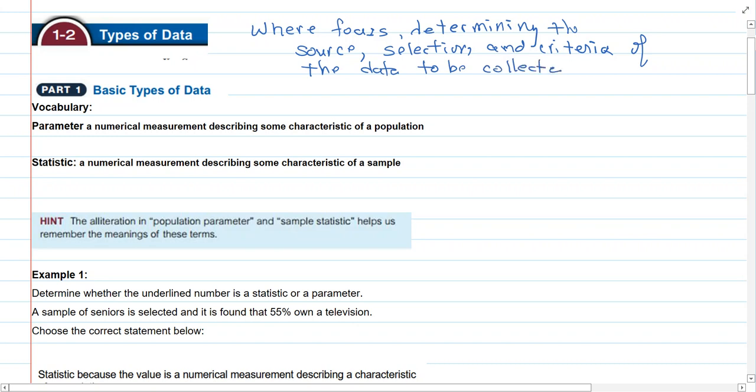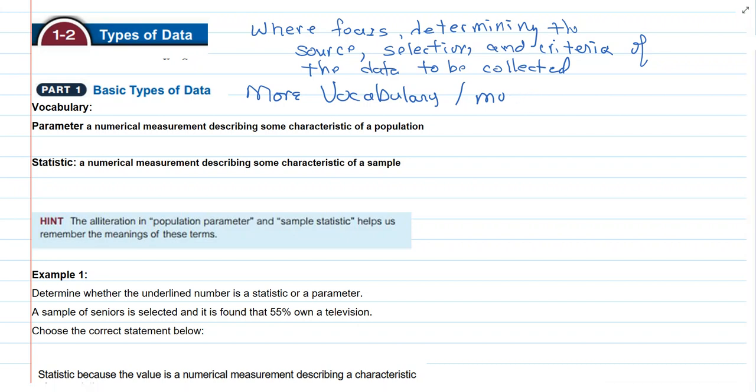Okay, more vocabulary. And more math. Oops. We're expanding what we're doing all the time. Here we go. We have two types of data,